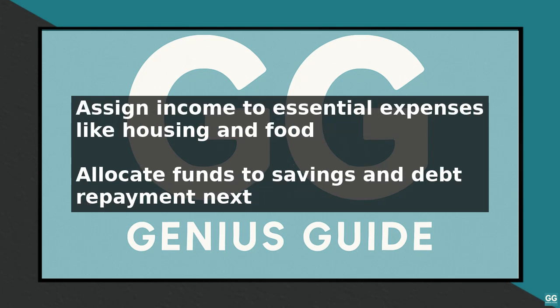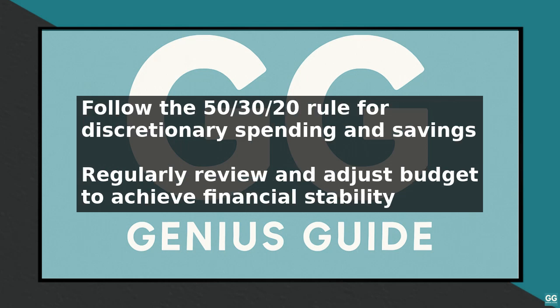A key concept in EveryDollar zero-based budgeting is the 50-30-20 rule. Allocate 50% of your income towards essential expenses, 30% towards discretionary spending, and 20% towards saving and debt repayment. For example, if you earn $5,000 per month, you would allocate $2,500 towards essential expenses, $1,500 towards discretionary spending, and $1,000 towards saving and debt repayment. By following this approach, you can ensure that you are making the most of your money and achieving your financial